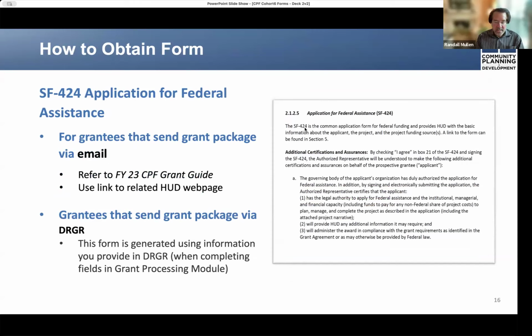And you would use a link you're directed to, which refers to section 5. That link in the guide, section 5, will take your computer to the related HUD webpage. And from there, you will follow the steps to find the SF-424 at the grants.gov landing page. And there you will select forms and then SF-424.